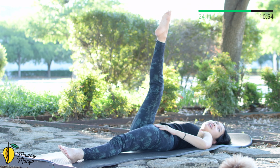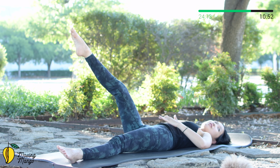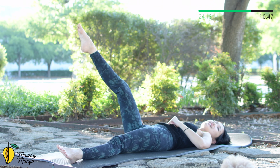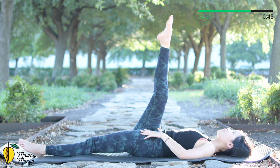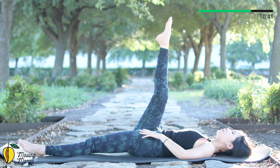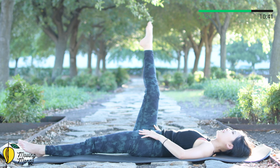So you're gonna feel your hips are stabilized, belly button in to help more with the support for the balance. And keep breathing. 4, keep squeezing the thighs, activate your feet here. Beautiful. Inhale halfway, exhale halfway. And 5,